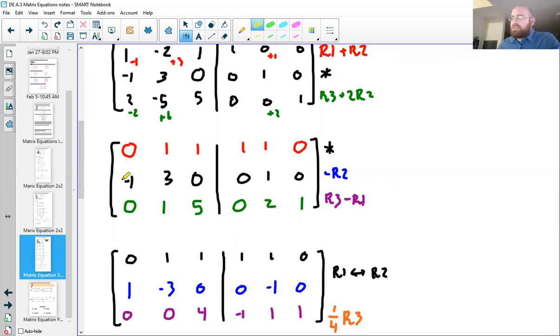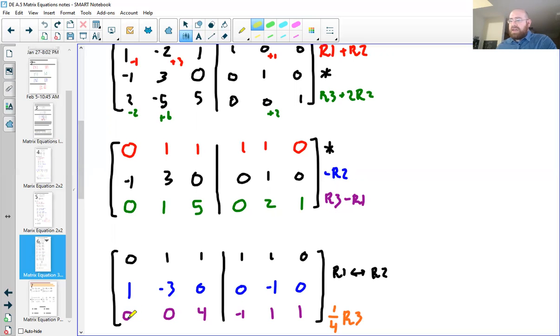I multiplied the second row by -1 so that I could get a +1 in the first coordinate. And then I used the first row to get rid of the 1 in the middle of the third row. So that's row 3 minus row 1. In the next step,